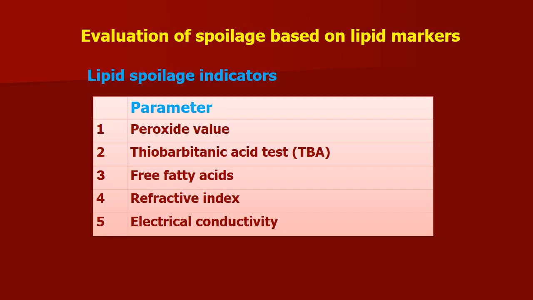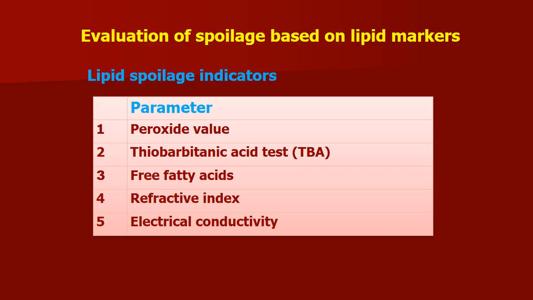So now you will see the lipid spoilage indicators. In the previous slide we have seen the breakdown of proteins leading to putrefaction. Even there I missed one, that is the free amino acid, which also can be measured, or sometimes the tyrosine value. So whenever protein is broken, free amino acid will be produced, and one representative, the tyrosine value, can be measured. In case of lipid